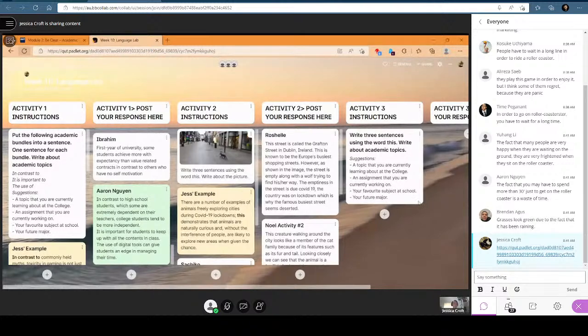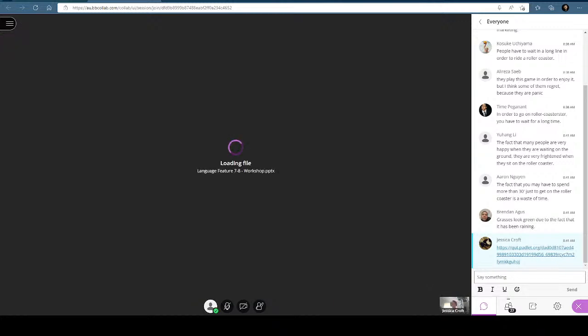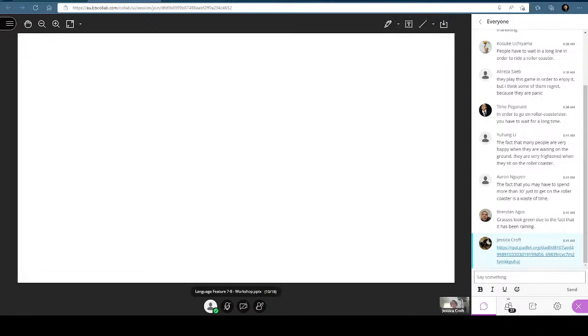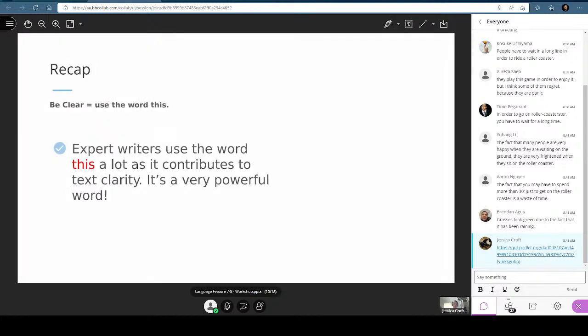So those of you still writing, please continue to do so. I'm just going to also introduce the next point. So those of you who are done can do the next activity. So the next point is the learning feature 8, which is using the word this,